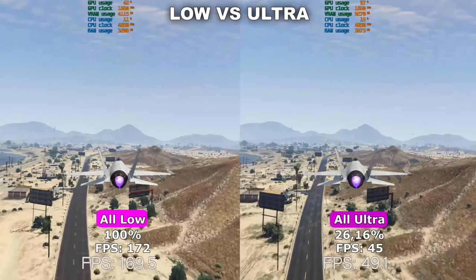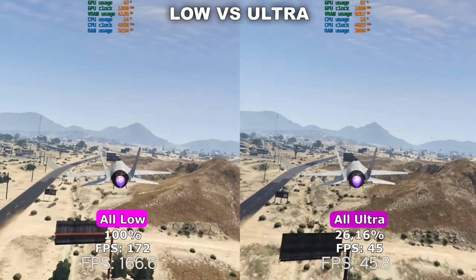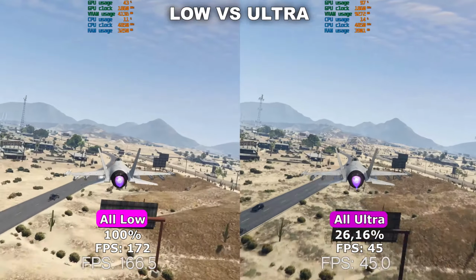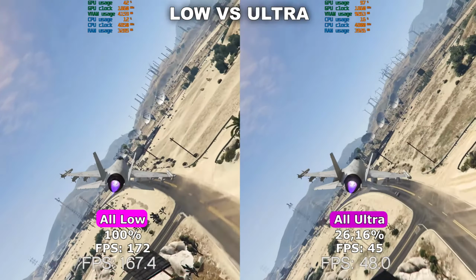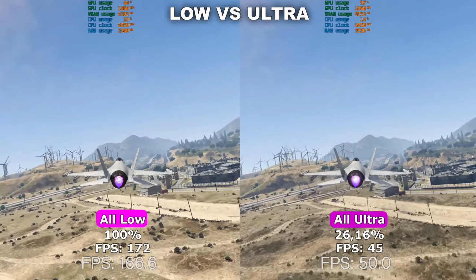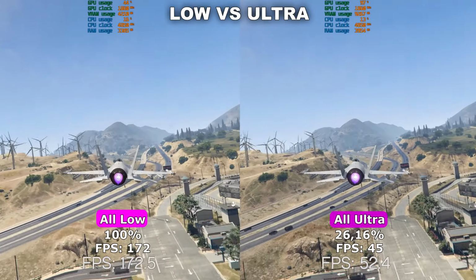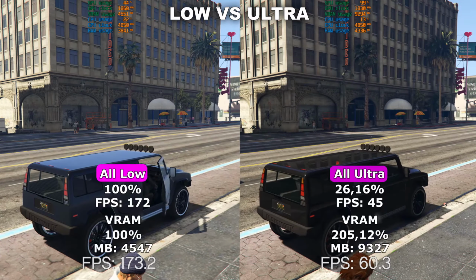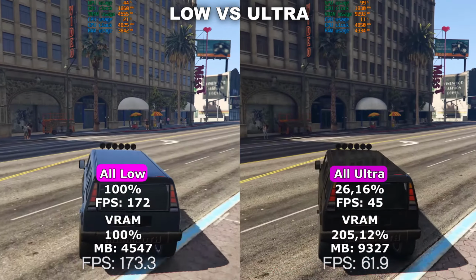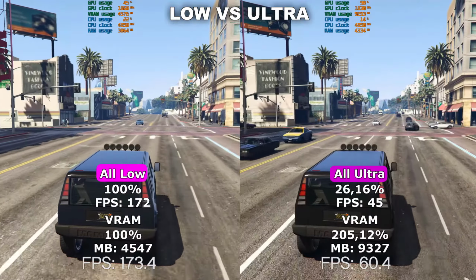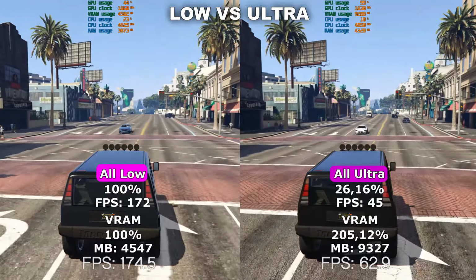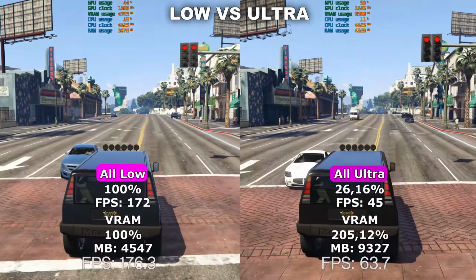Therefore, you might experience a CPU bottleneck while playing, especially in multiplayer, so that is something you should be aware of. Secondly, the game generally does not use that much RAM, which is really great. However, if you turn up the settings, you will be able to use a lot of VRAM, which is also something you should be aware of. As you can see in the video, we have a 74% difference between all low and all ultra, so we have a lot of performance headroom we can work with.